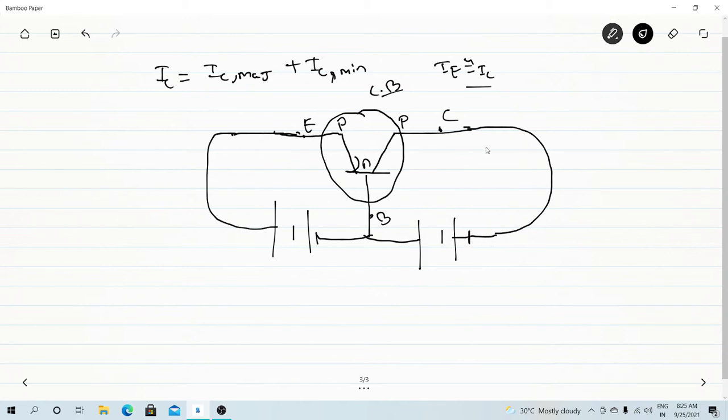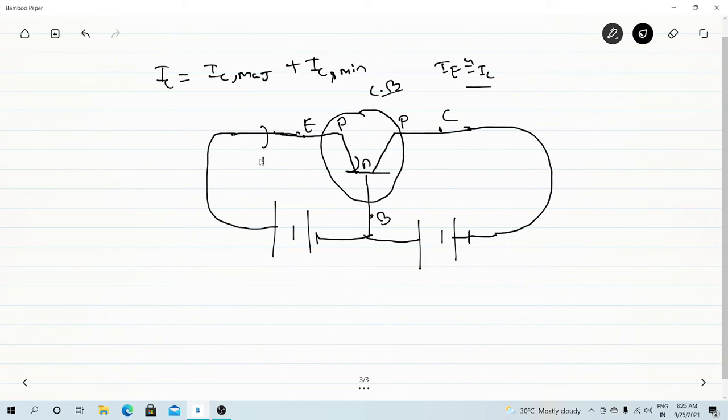Okay, so this is my input and output section. Sorry for this type of figure, but let us try to understand the mechanism or the characteristic of the transistor. This is very important, not the diagram. At least we can see the diagram, we have to make analysis of the diagram.